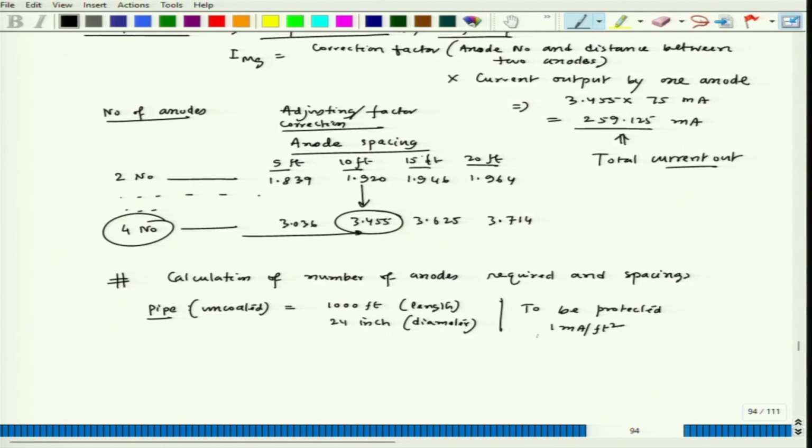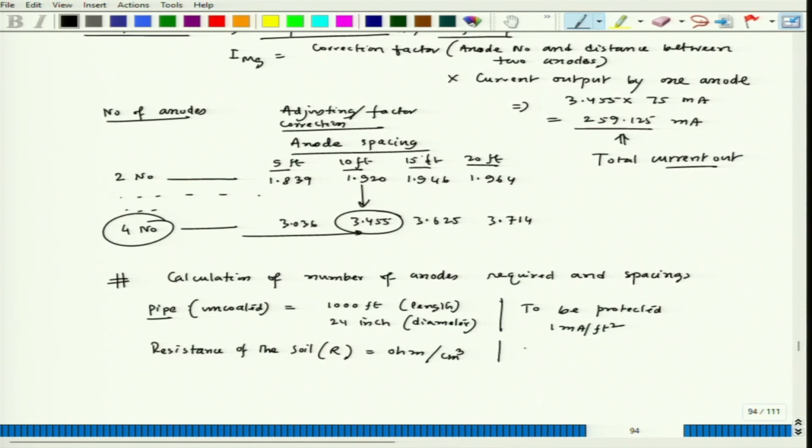Now, the resistivity of the soil is R ohm per centimeter cube, let us say, and